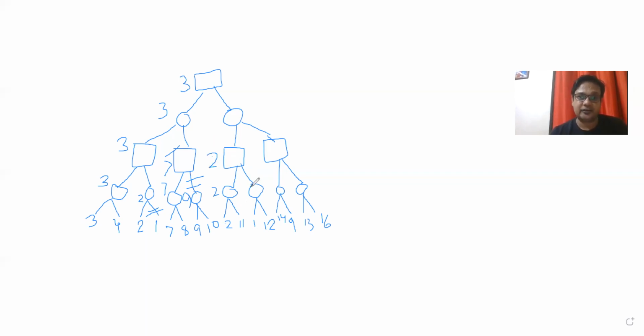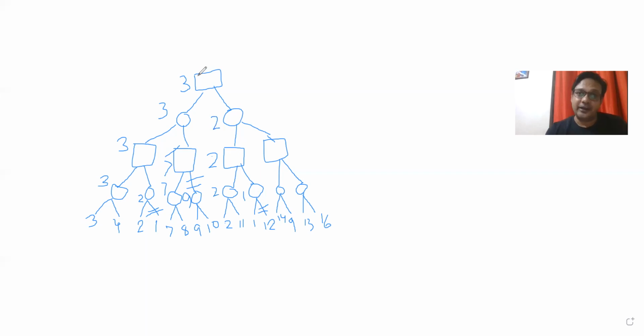If I come in this direction, this is 1 here. If I check this value, if it is less than 1, there will be no effect on this max value. If it is greater than 1, there will be no change in this value because it will remain 1. So I can discard this value. It will remain 2 here, and here also the beta value will be 2.